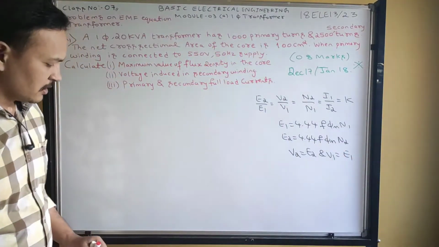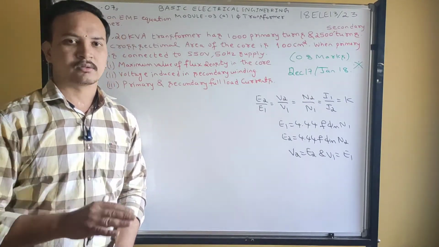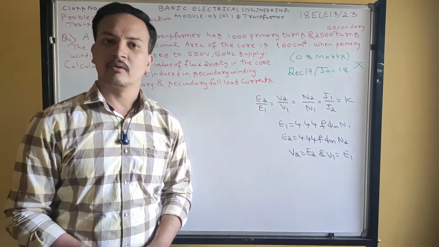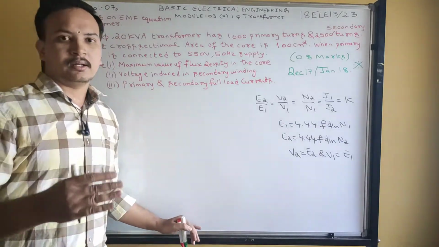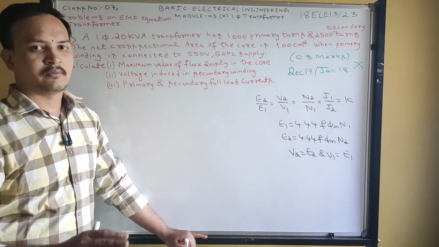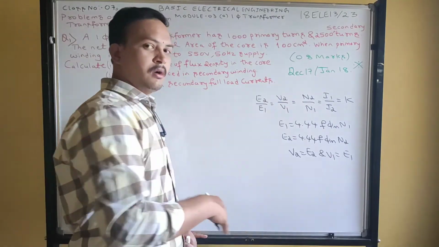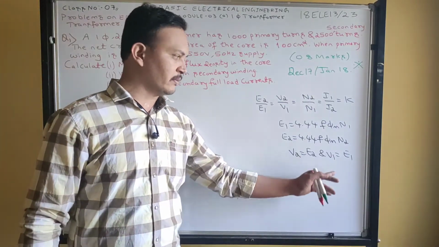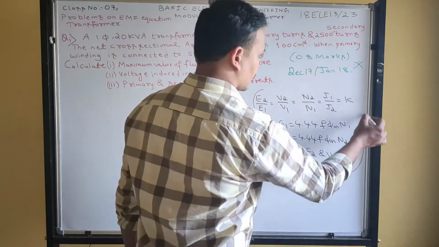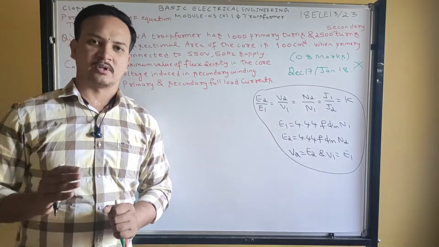So it is the ideal case, but a lot of concepts are there. Neglecting losses in the winding resistances, we can approximate E2 equals V2 and E1 equals V1. But in higher semesters, these two are not equal. For the sake of first year, you are going to learn only the basics. For all types of problems, take V2 equals E2 and V1 equals E1. Got it? Just remember these equations. If you know this, you can solve any type of problem on the EMF equation confidently.